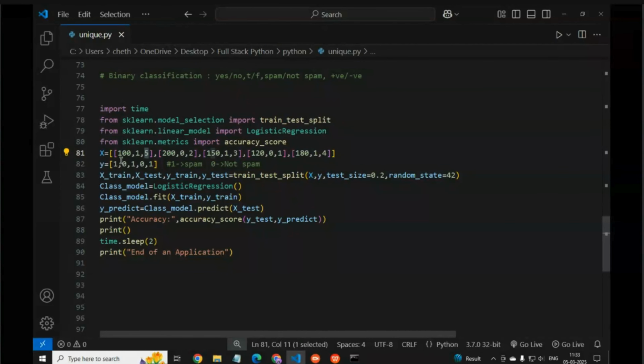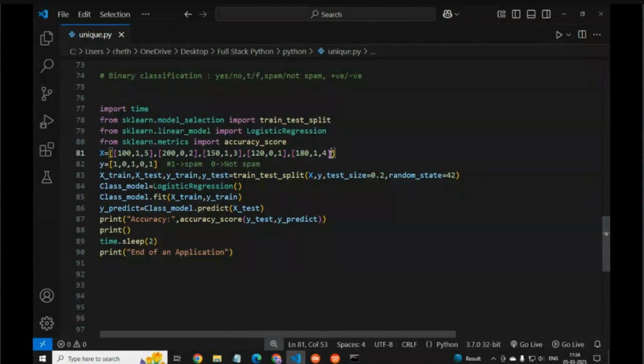So we predict. If there is 'free' written and 100 characters are there, then it comes as spam. If 'free' is not written, then it is considered not spam. So it depends on this only.